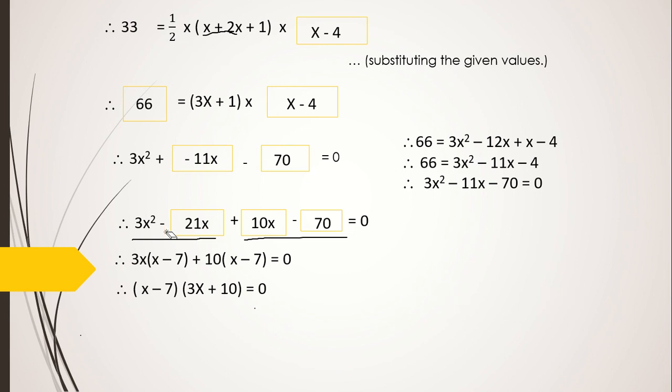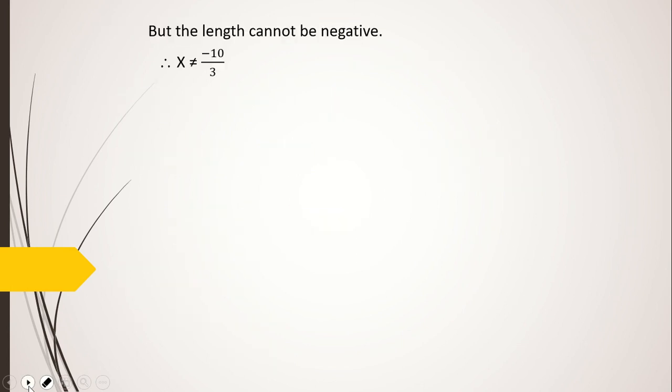Okay, so let us proceed. Therefore x is equal to 7 and x is equal to minus 10 upon 3. But that negative value we will not consider. Therefore x is equal to 7. Now we have put the value of x there. Therefore, we get AB is equal to 7. CD was 2x plus 1, so we put the value there for CD, and we get CD is 15.